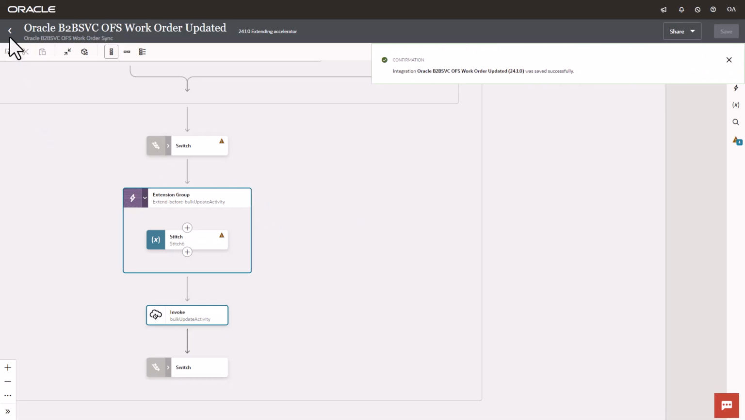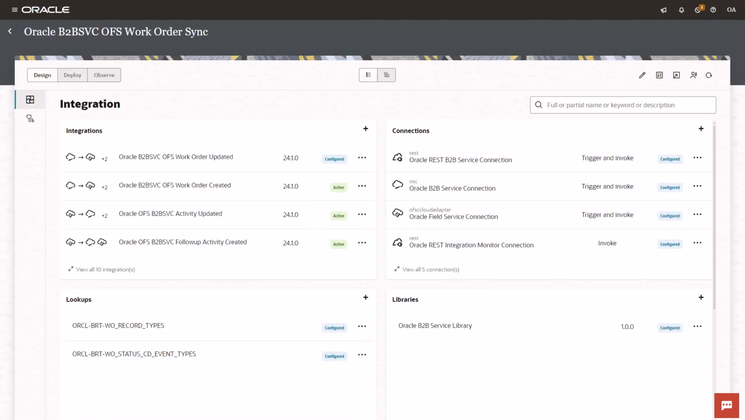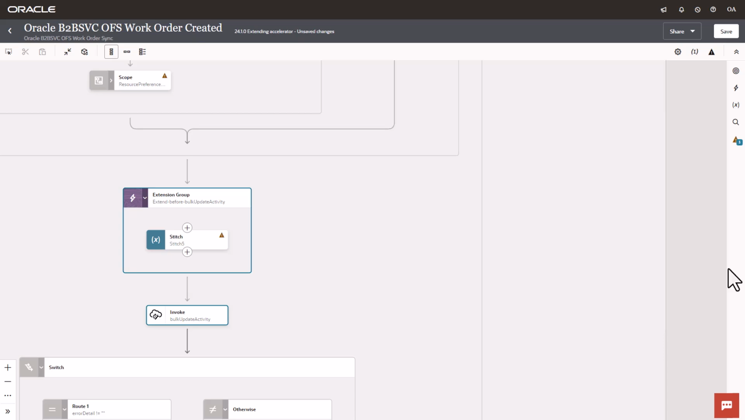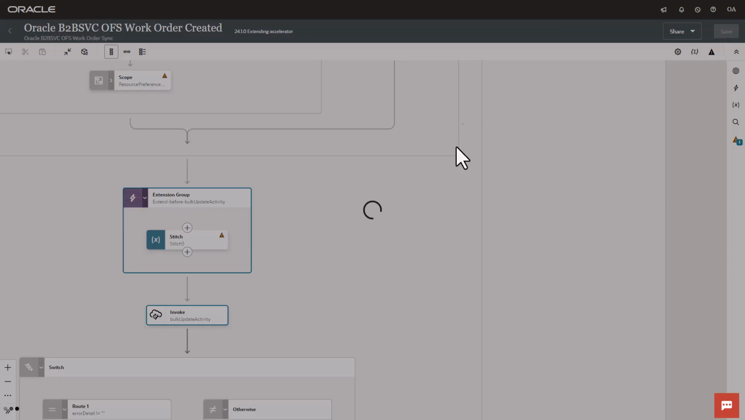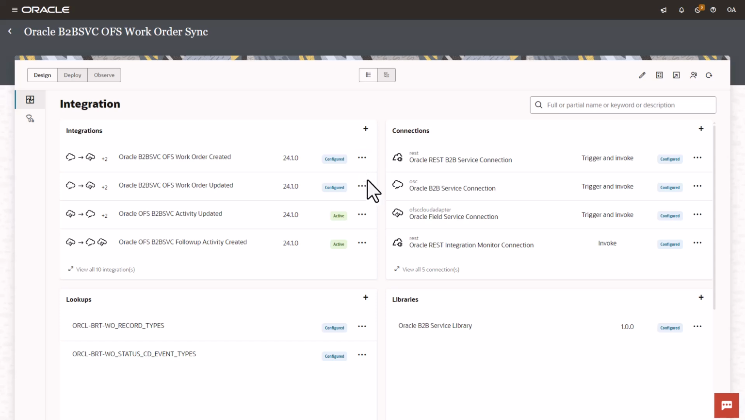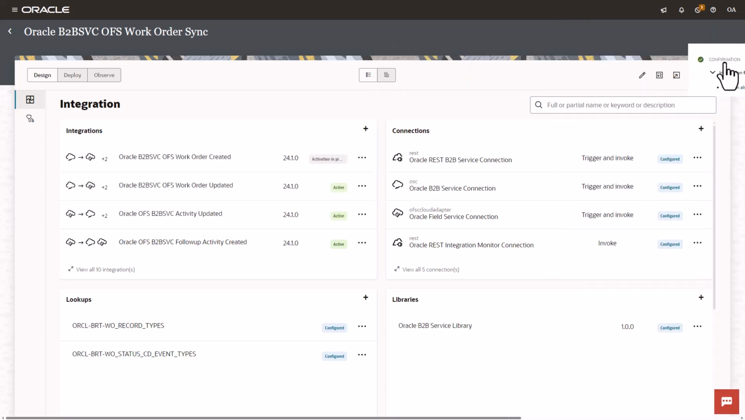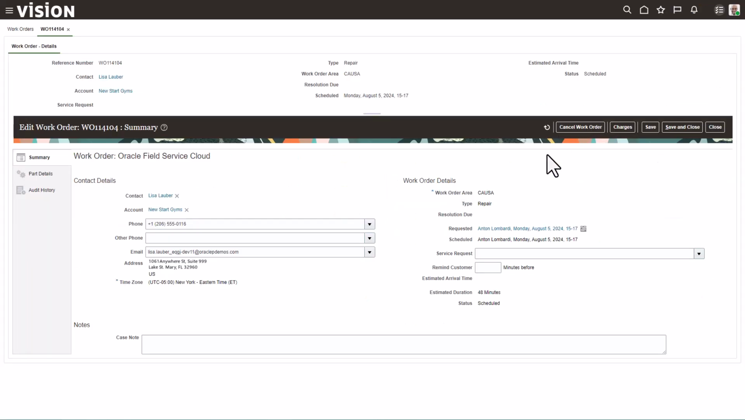Likewise, I need to extend the create integration also. So just to summarize, I've also extended the create scenario with the same functionality as the update because I need to handle both the scenarios. So once I've done the extension, let me activate the integrations. Now that both integrations are activated, all I need to do is just go back onto the